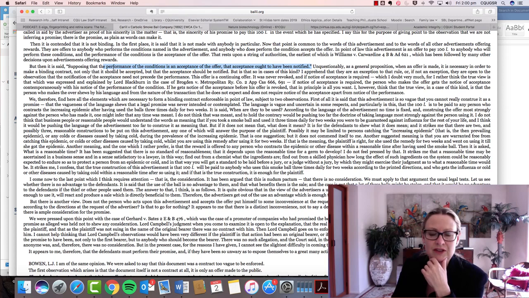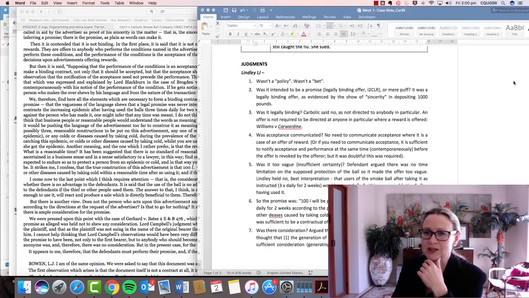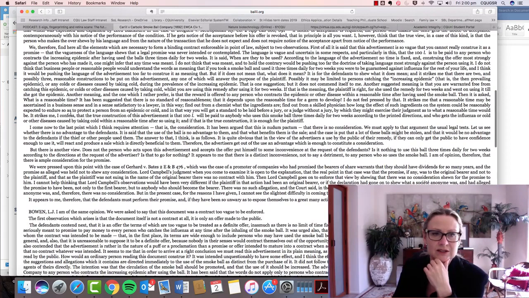So the thing that they're arguing about is whether Mrs. Carlyle actually told Carbolic that she had accepted their offer, because normally that's what has to happen before a contract is formed. So they argue a little bit about that point, and that needs to go into your case note as a separate issue. Then you find, we therefore have all the elements necessary subject to two observations. Okay,